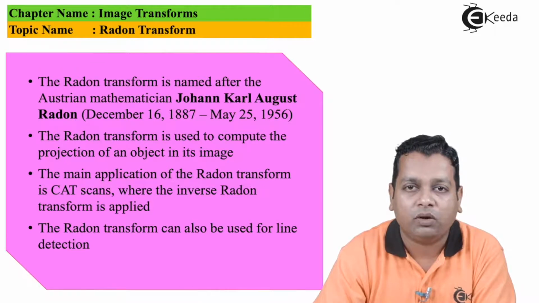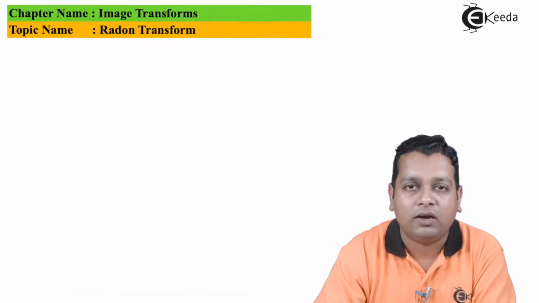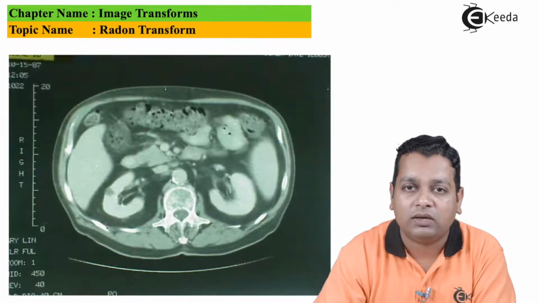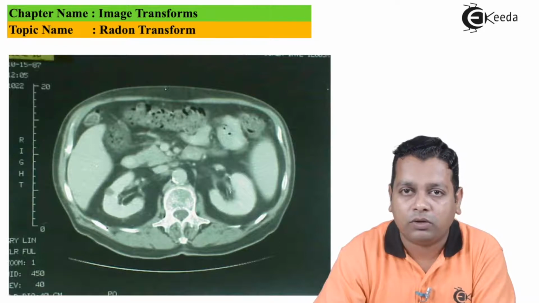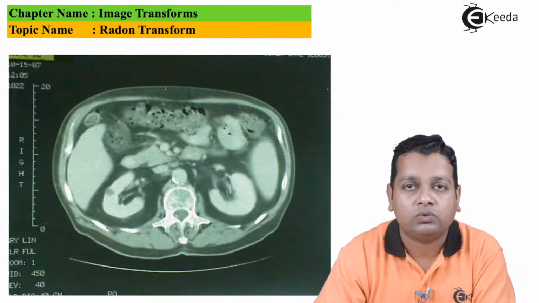Here for the example we have one slide that has the CT scan image, and in this image, whatever the objects, the organs of the human body, we will find their particular projections because the CT scan images are formed using X-rays. X-ray is the source of energy because of which these particular objects are made visible in these images. That projection is found and analysis is done with the help of this Radon forward and inverse transform.